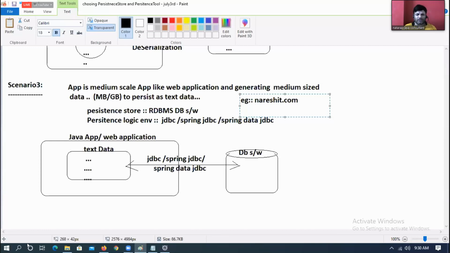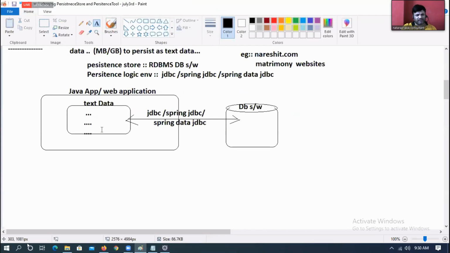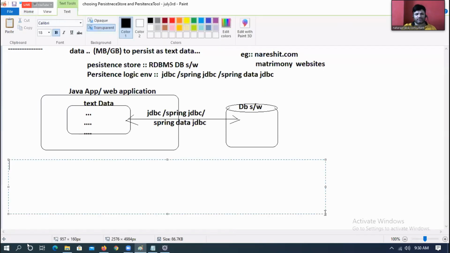Customers won't use the application all at a time. Or I can say matrimony applications, matrimony websites, where all people won't use at a time. College websites also. Yes, lots of examples here.